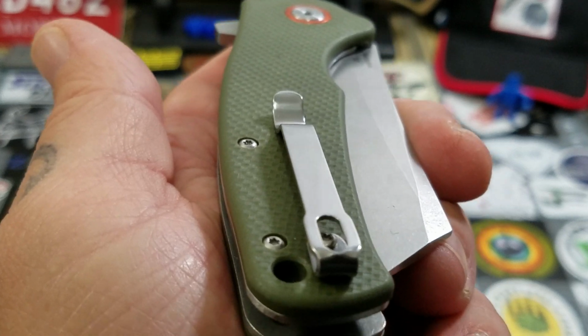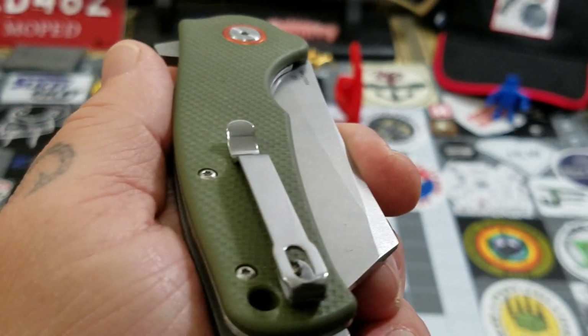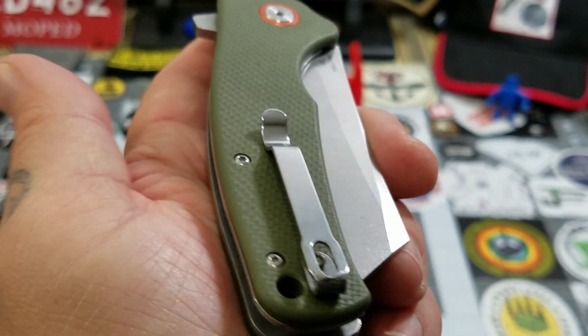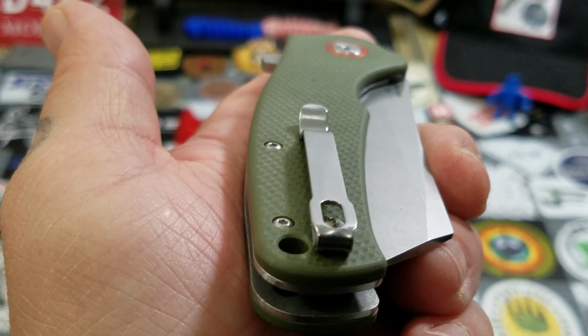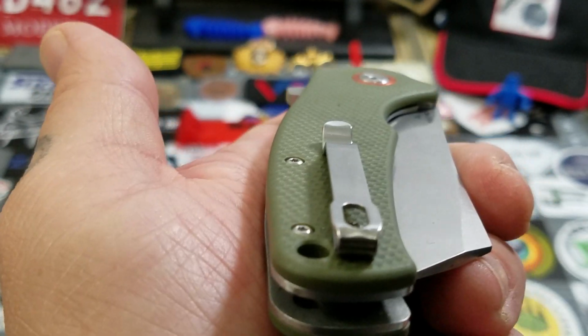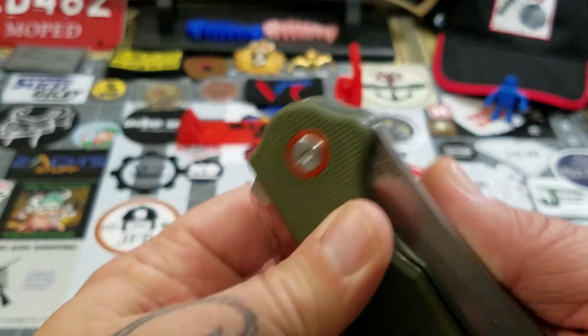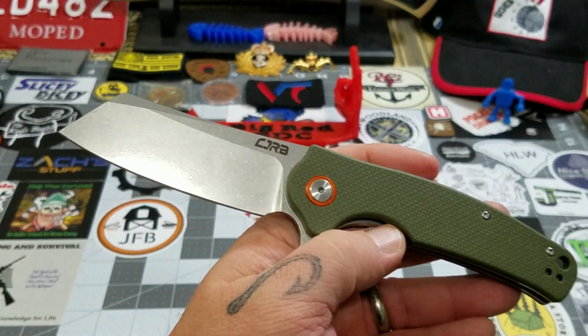Some people may consider that a pocket hog, and it is getting there. But I didn't have any issue with it, guys. I really didn't. Even though it is thicker and wider in the pocket profile, I really did not have an issue with it. I thought it carried just fine. My overall take on it,